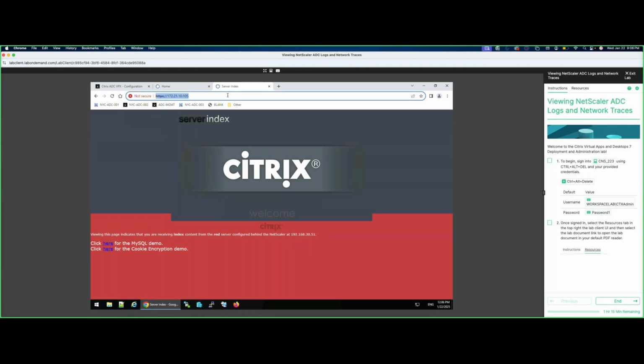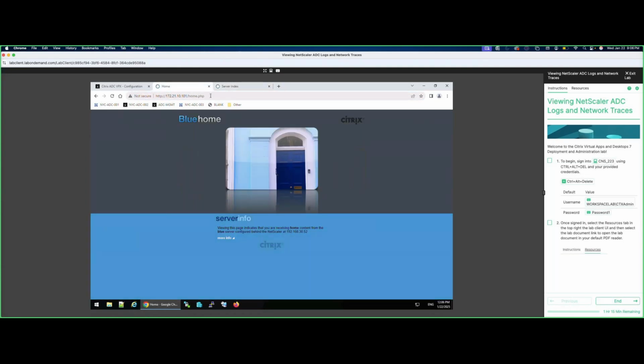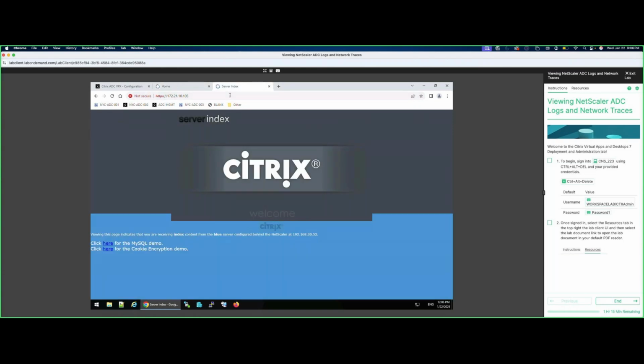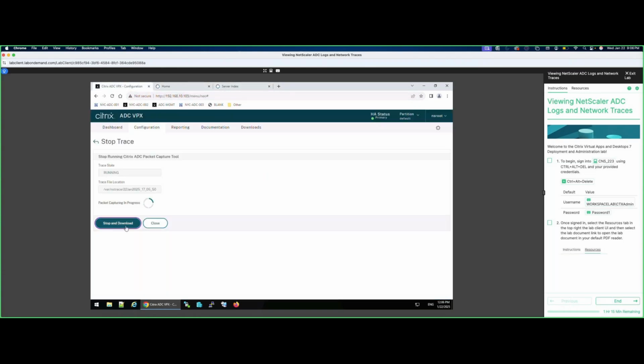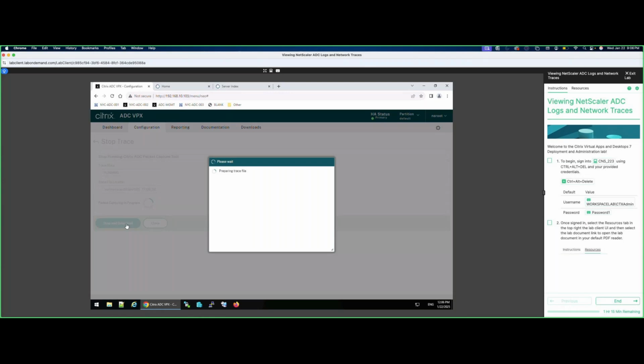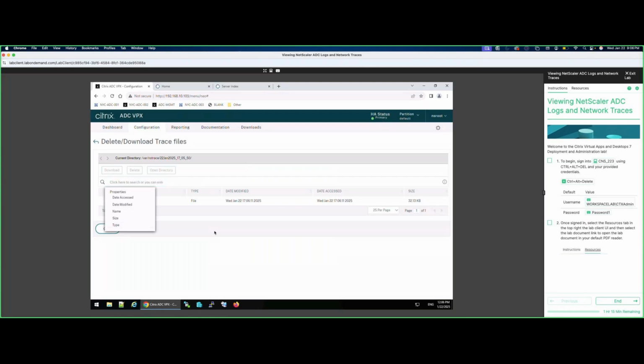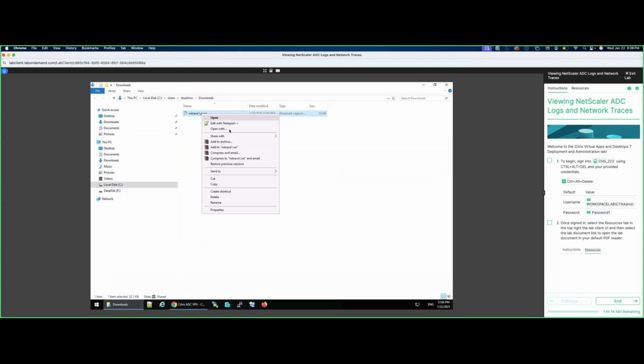Also this again and again, and also this. And I will just stop it. So you see that the pcap file is created. All I'm going to do is just download it. That's already downloaded, so I will open this in Wireshark. This is already a Wireshark one. If you open that up,